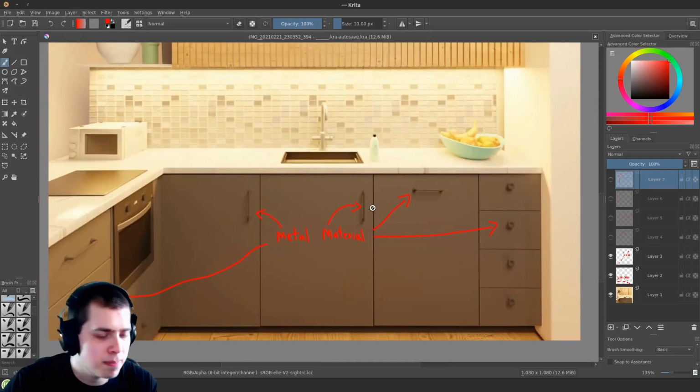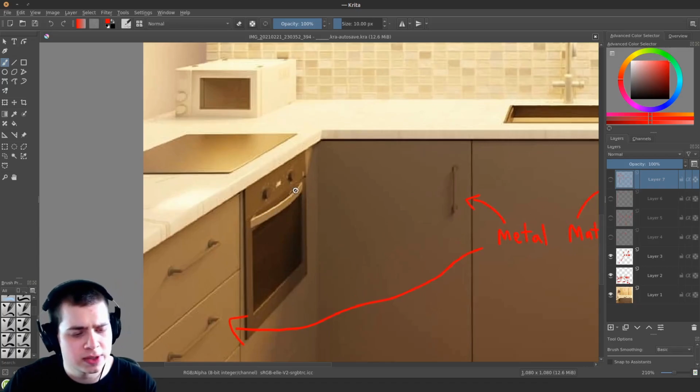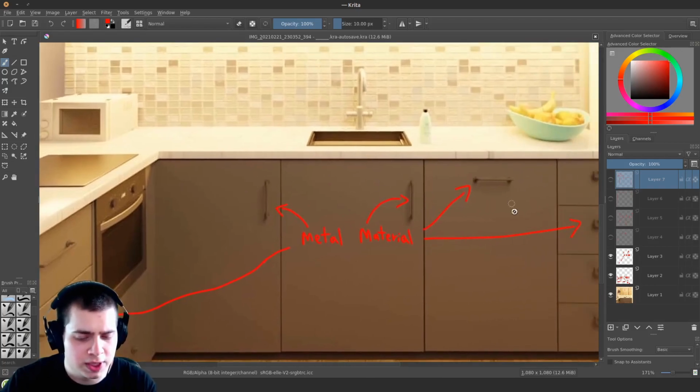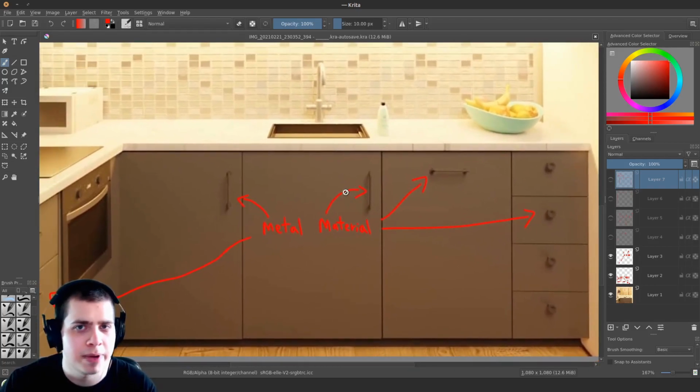And then the next thing that I would do is I would make these little handles here be a metal material, because it looks like you just used the same gray material for those handles. You can see right here, there's that metal material for the handle to open the oven, and it just looks like a basic metal shiny material. So that's what I would do for these. I would just, on all of these different handles right here and also over here, add a basic shiny gray metal material.